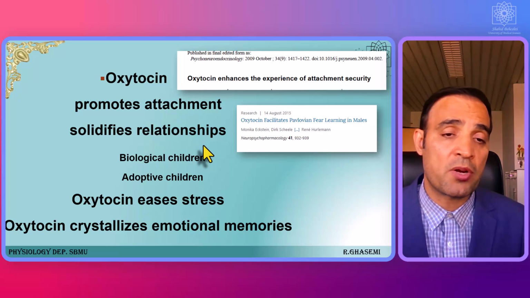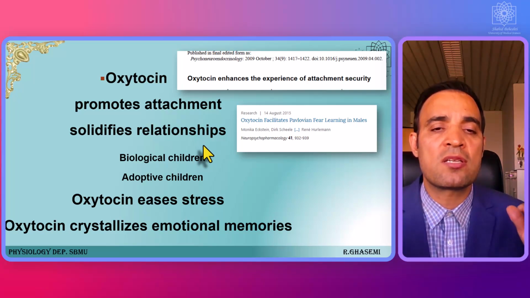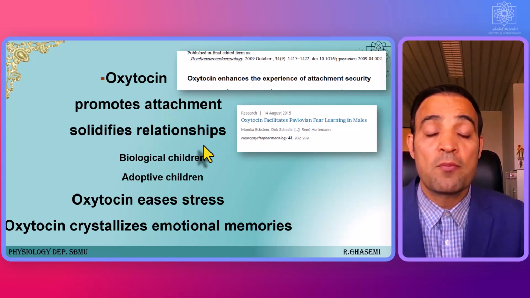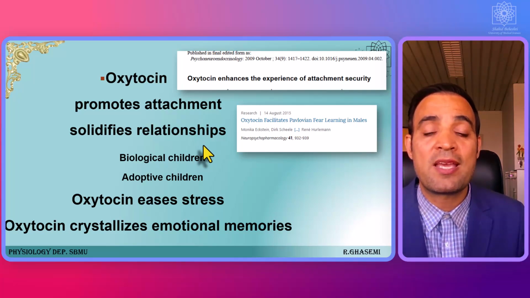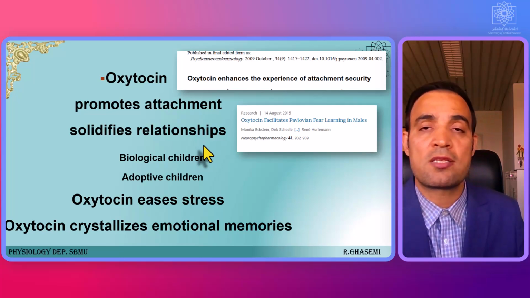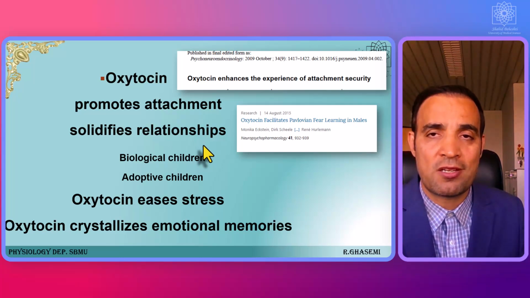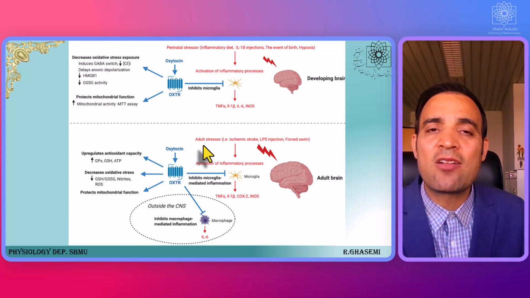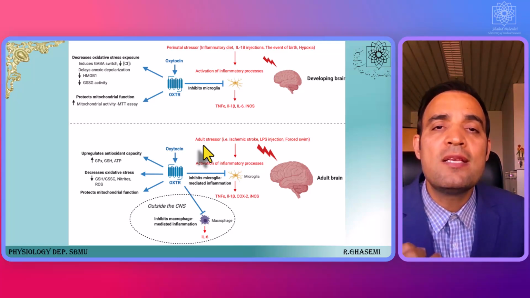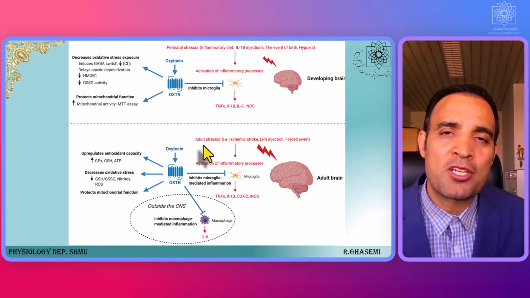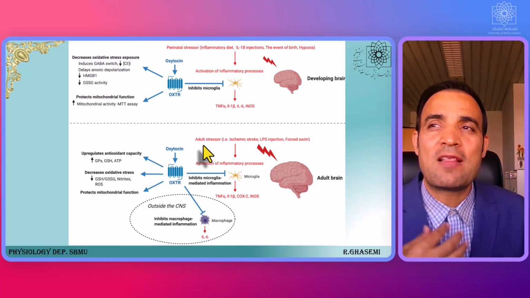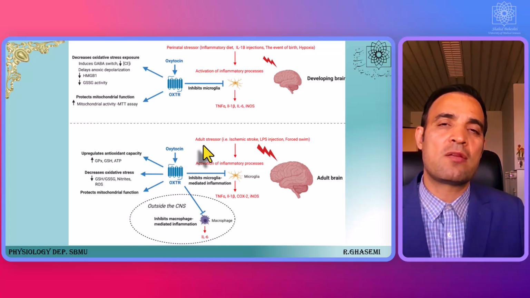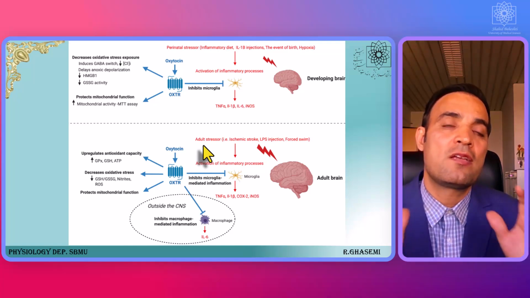It has been shown in the brain that oxytocin is also able to relieve some level of stress and protect the neuronal system against stress such as oxidative stress and inflammation. Several studies have shown that even during development, and even in the adult brain, it is able to combat neuroinflammation. And therefore, babies that are living with their parents, who hug them every day,